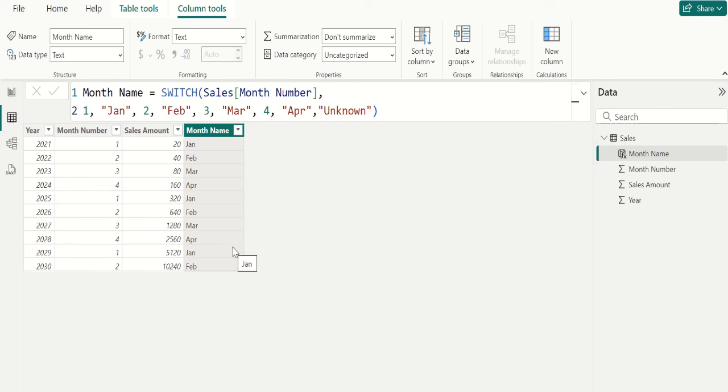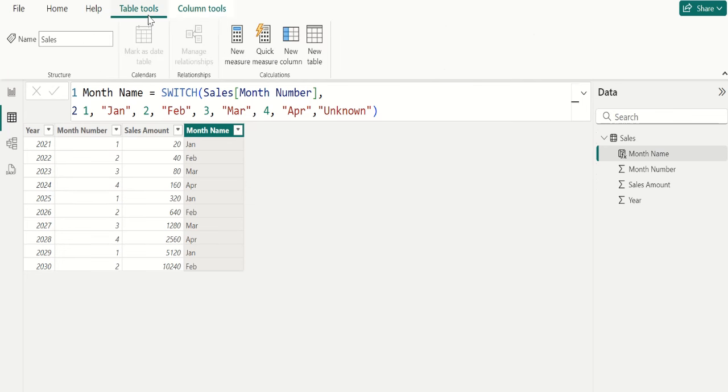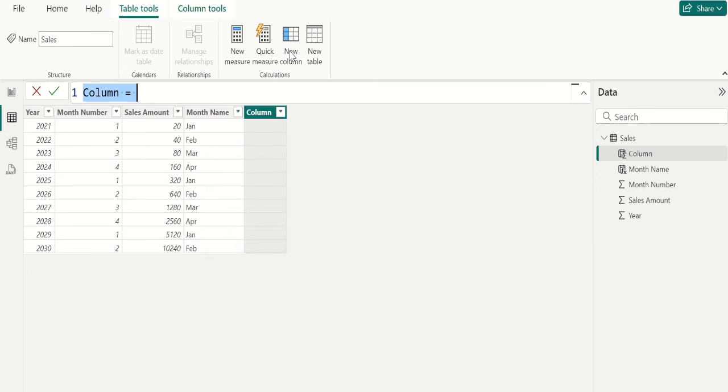We use the SWITCH function to replace multiple nested IF statements. This is accomplished by setting expressions to true. For example, we compare year column on sales table to identify previous year, current year, and future year. Go to Table Tools and select New Column to create a new calculated column. Name this column as Sales Of